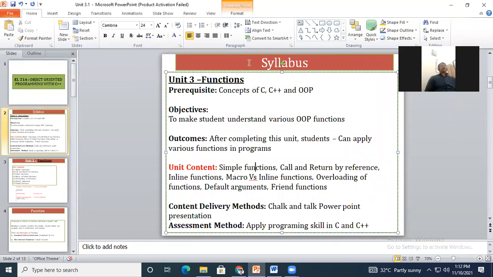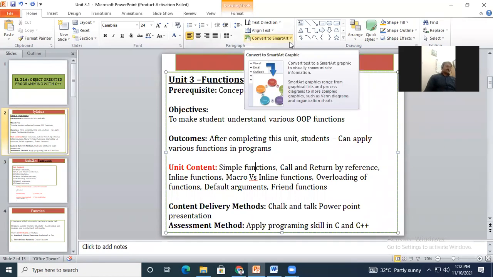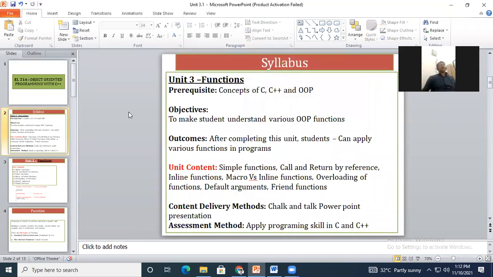Library and user defined. Yes, these are the two broad categories of functions: library functions and user defined functions. In library functions, the body of the function is already defined somewhere, and we are using only the name of that function. Examples we have seen in C++ are cin and cout. We don't know how it works, but if you mention cout or cin in the program, you will find it appears in a different color, and when you write it, the body of cin and cout gets called.